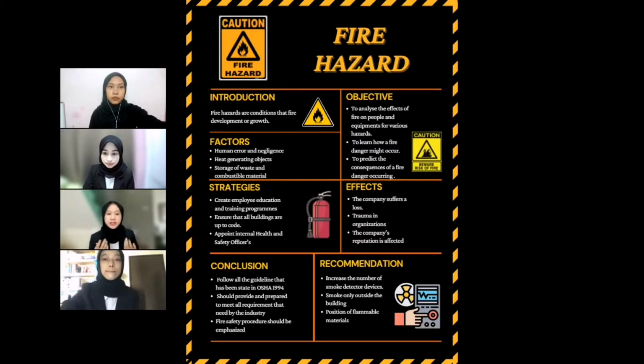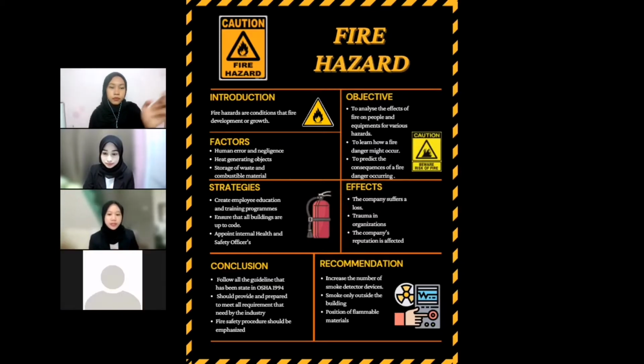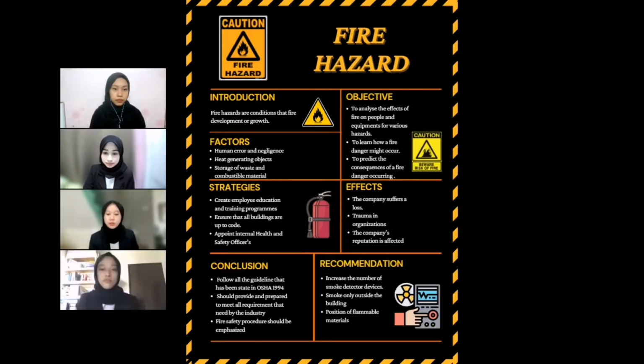The goal of this assignment is to learn how a fire danger might occur in the workplace. This fire hazard is extremely serious since it can hurt personnel as well as business. The fire at Sultana Amina Hospital in 2016 was, for example, caused by a short circuit. As a result, there are a variety of causes outside the short circuit that might result in fires. We also determine the consequence that the fire hazard will have on the firm.